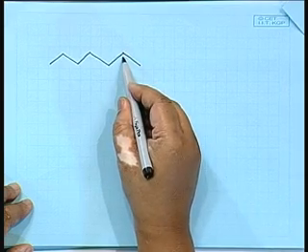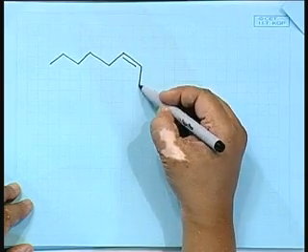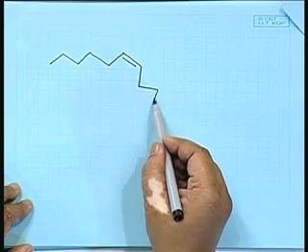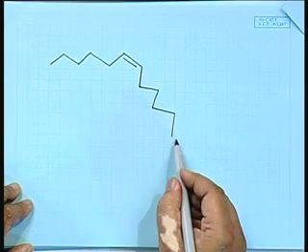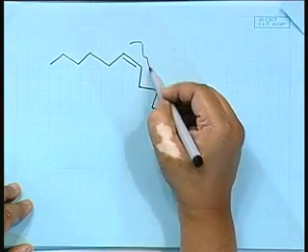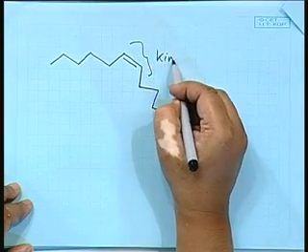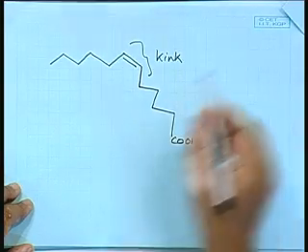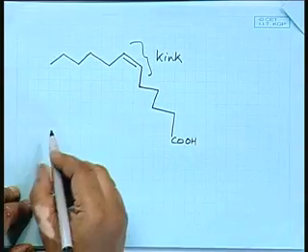Okay? So, once we have these fatty acids, we can have a cis configuration to the double bond. As soon as we have this in a cis configuration, this changes the direction. As soon as this changes the direction, then what happens is I have what is called a kink. So, this gives rise to the kink in the structure,